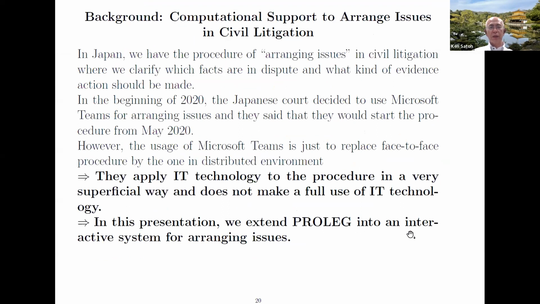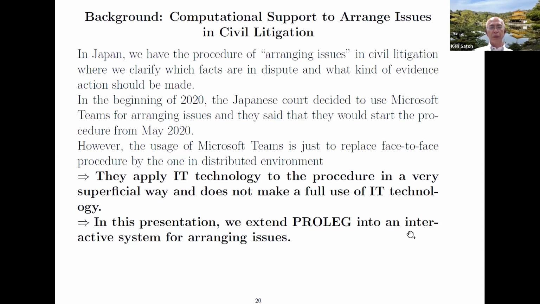So the background is that we need computational support for arranging issues in civil litigation. In Japan, we have the procedure of arranging issues in civil litigation, where we clarify which facts are in dispute and what kind of evidence action should be made. This is a very classical procedure, and in every civil litigation that kind of procedure exists because we have to see the evidence and then